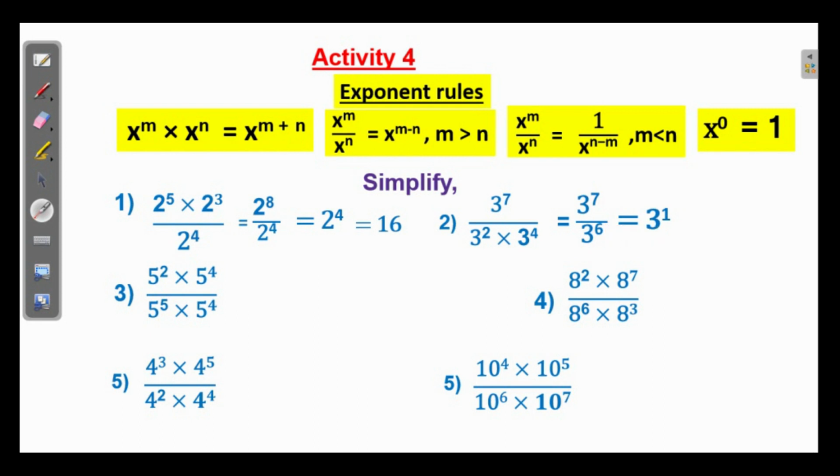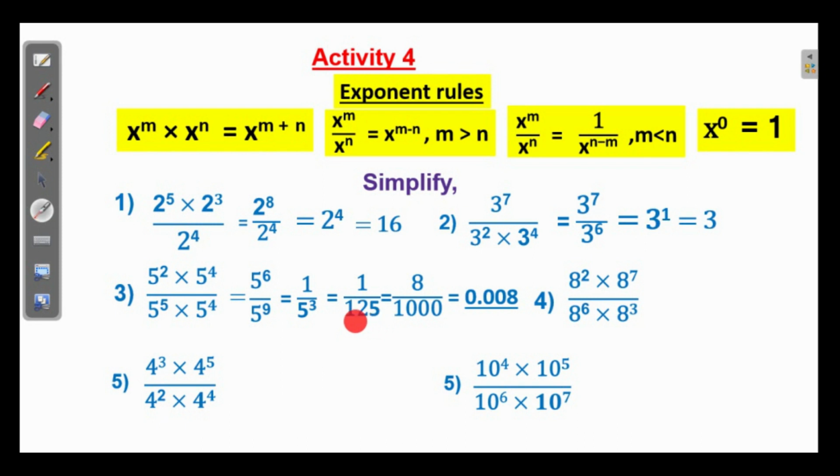And here in the numerator, multiplication rule, 5 raised to 6. Again 5 raised to 9 in the denominator. Then we have to use the division rule. 5 raised to 6 by 5 raised to 9 is equal to this. Here n is greater than m, or m is less than n. So 1 by 5 cubed. 1 by 5 cubed, we can simplify it. 1 by 125. There is a trick to do such problems.